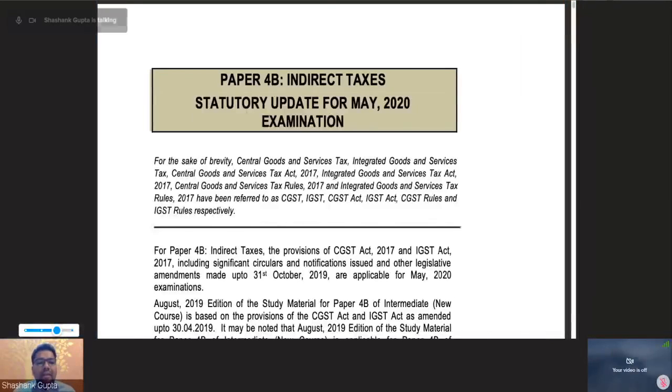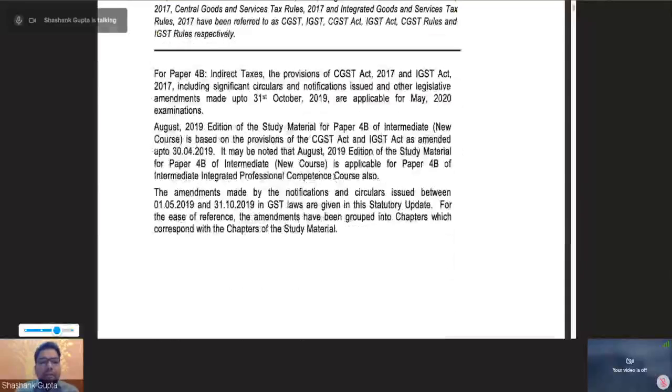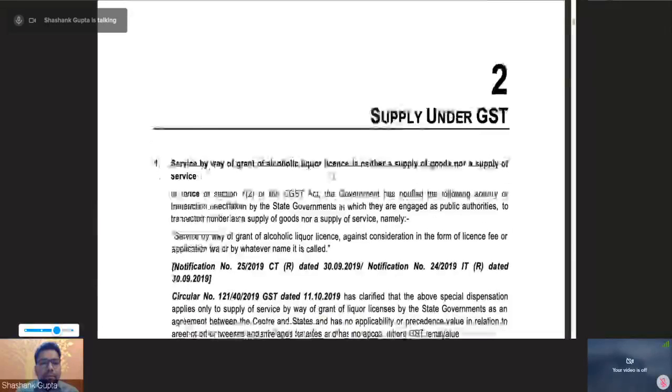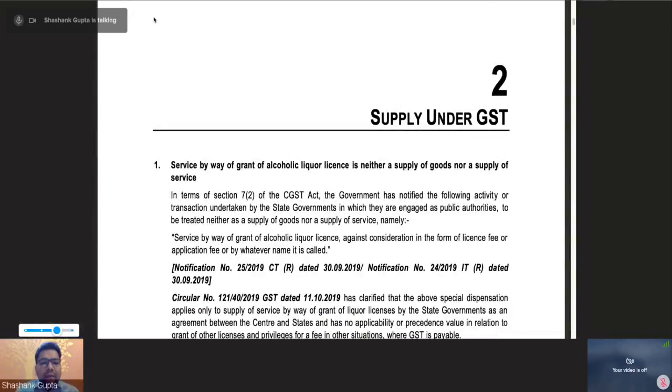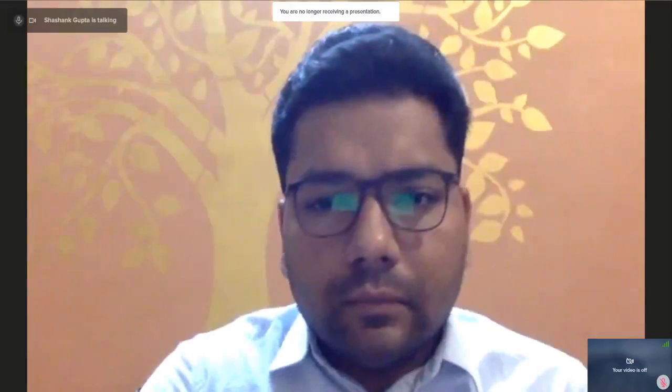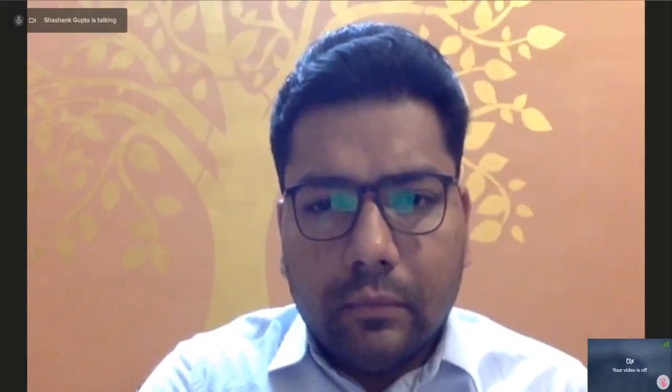I hope this amendment is visible to all of you. Can you please confirm? Is it visible to all of you? Let me just check. Was it visible earlier? I believe it would be visible. I'll just redo the entire thing.